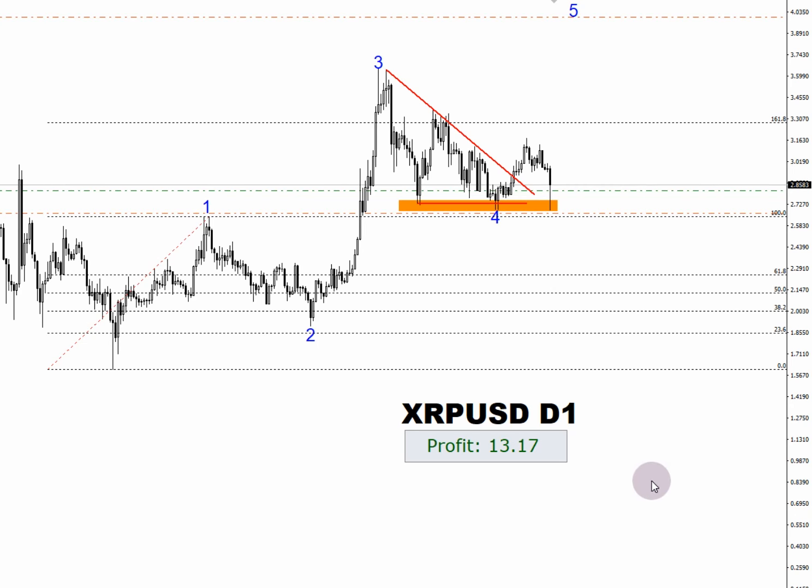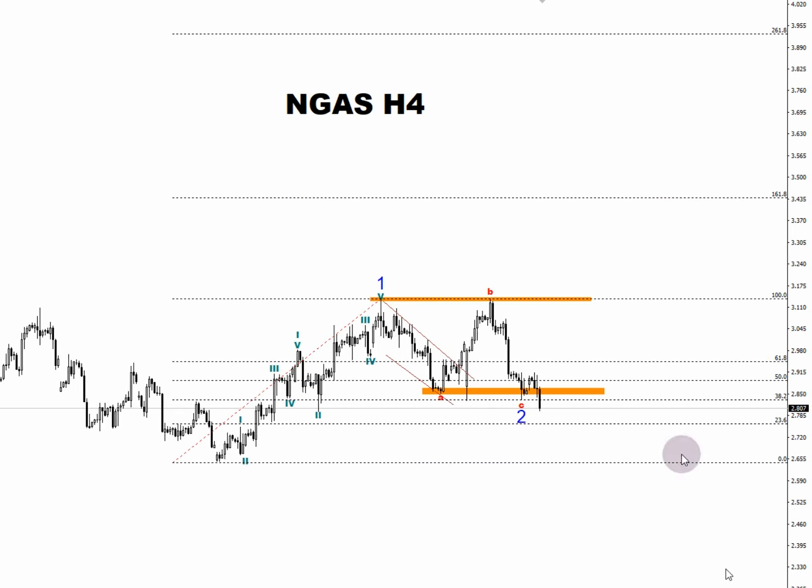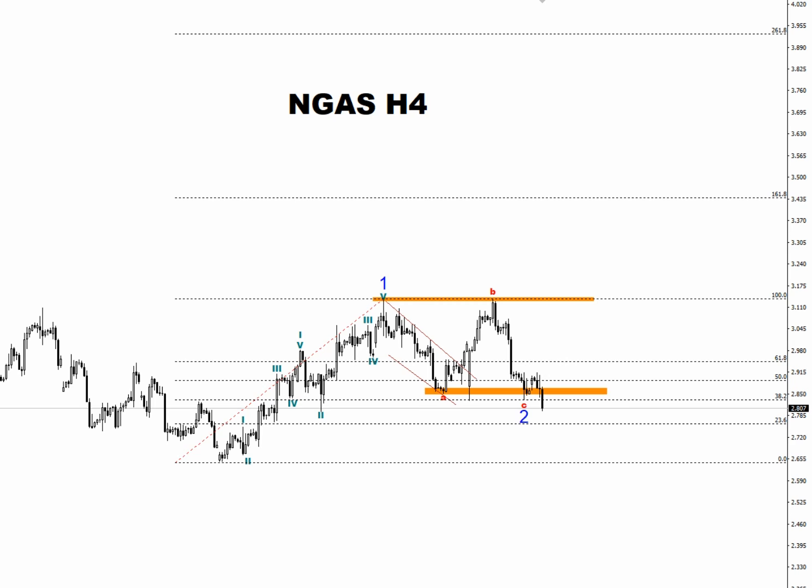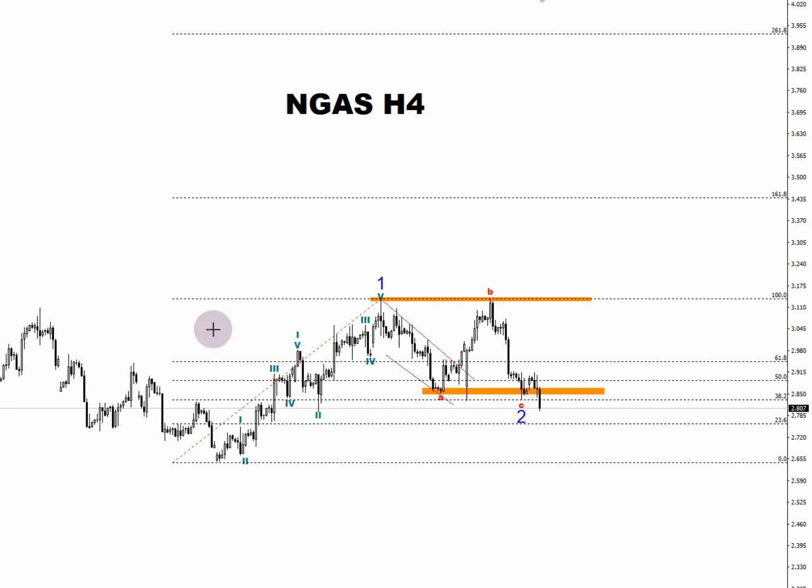So let's move on, colleagues. The next instrument is gas. Let's take a look at gas. Today, everyone, my stop loss for gas trading was triggered, and as a result, I currently have no open positions at all. Remember, I had a buy position on gas. We bought gas right here. I had my stop set here. I ended up getting stopped out today for a loss of $600.